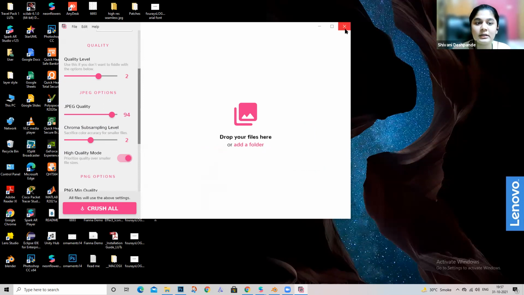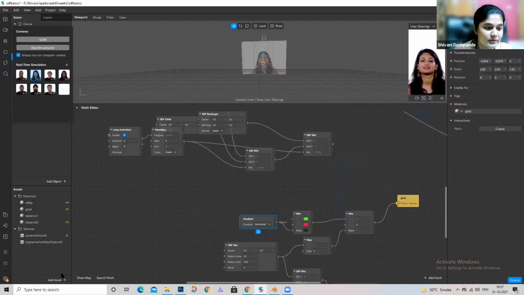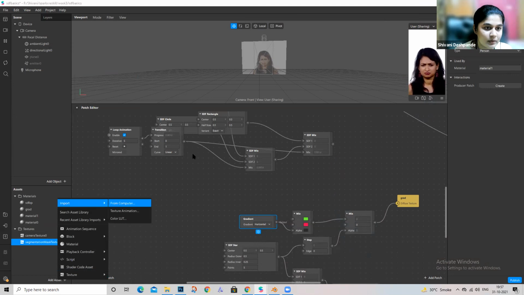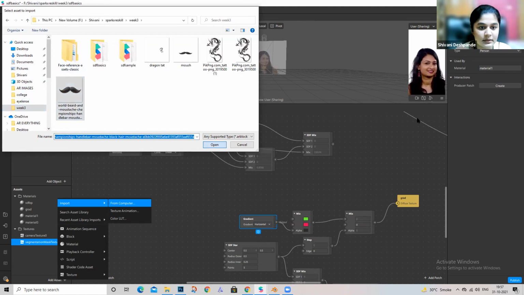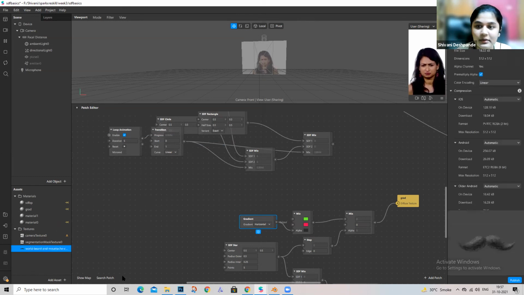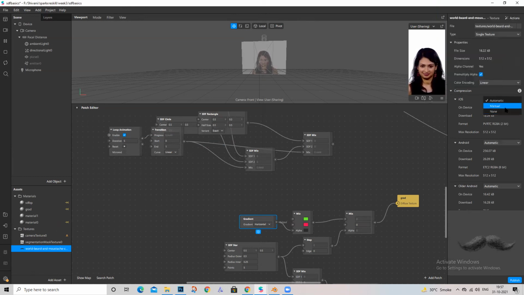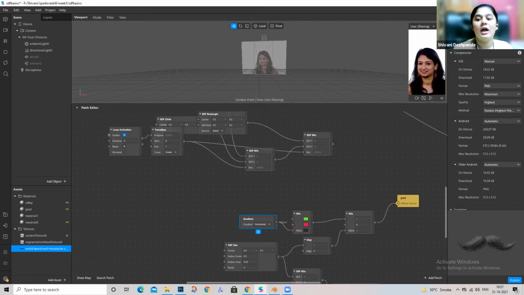And still, if you think the file size is too large, what you can do is take the texture, and on the right, in the texture asset, you'll see compression options. Go to manual, keep your resolution at max, and quality medium or quality high will work. And for method, go for slowest, maybe best.